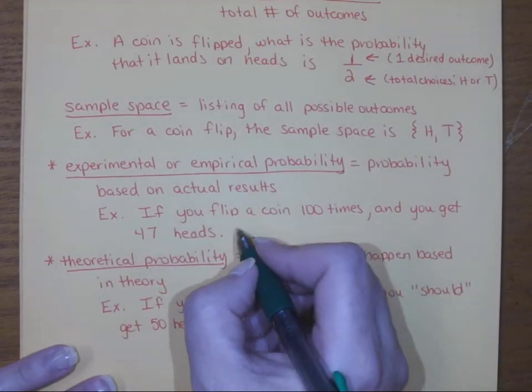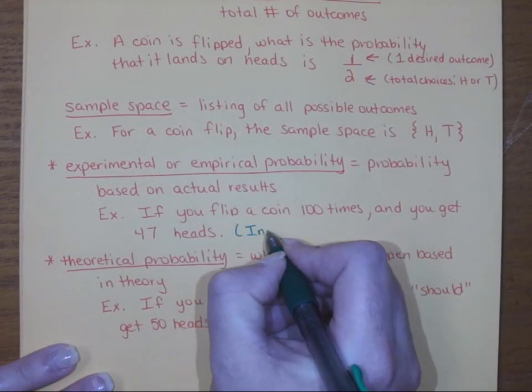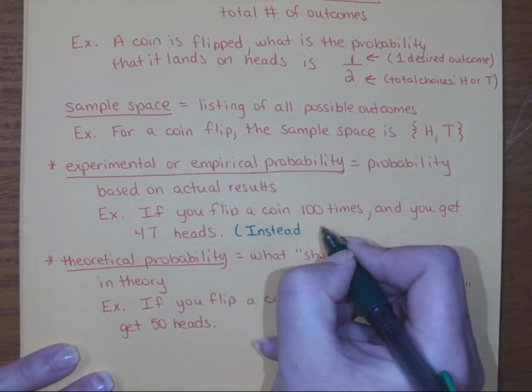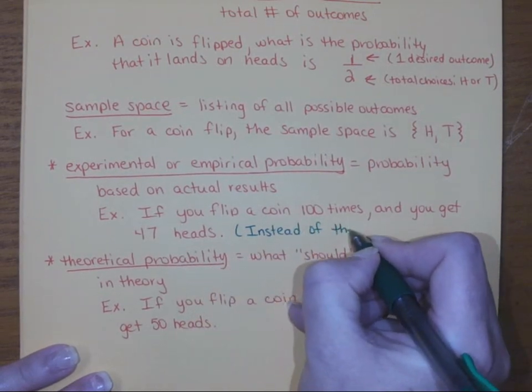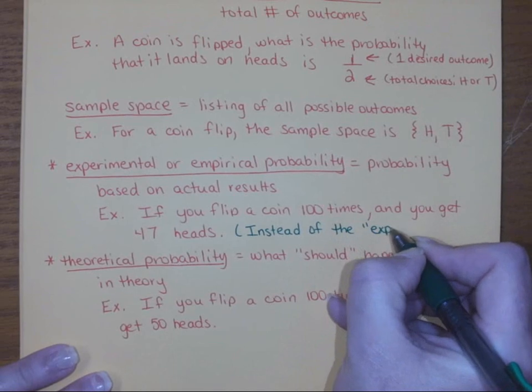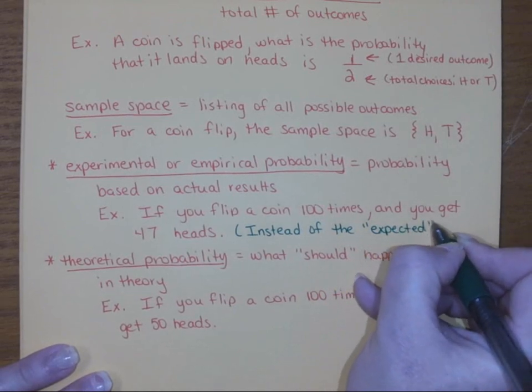So the key with experimental is we're often comparing what we actually get to what we expected to get. So instead of the expected 50,